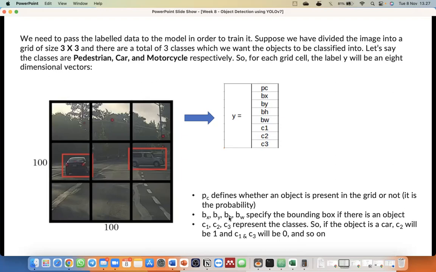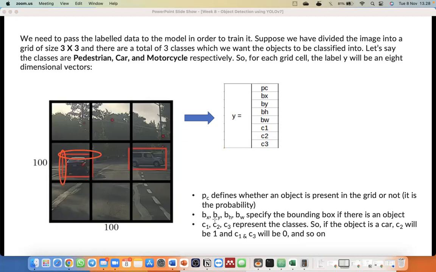Px, Py, Ph, and Pw specify the bounding box if there is an object. So it means the location of the bounding box. I will give an annotation here. So we have 2 points here, this one and this one.